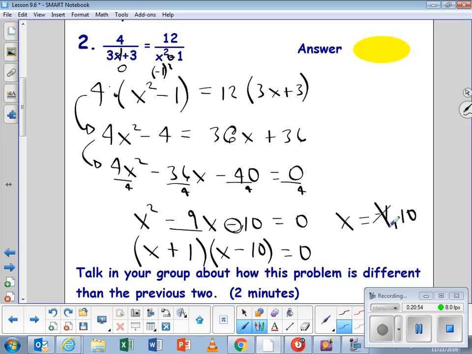So how about 10? Yeah, it will. You agree 10 works? 10 squared is 100. 100 minus 1 is 99, so we get 12 over 99. And here we get 33, 4 over 33. And 3 goes to both of these, doesn't it? 4 times and 33 times. So our answer is